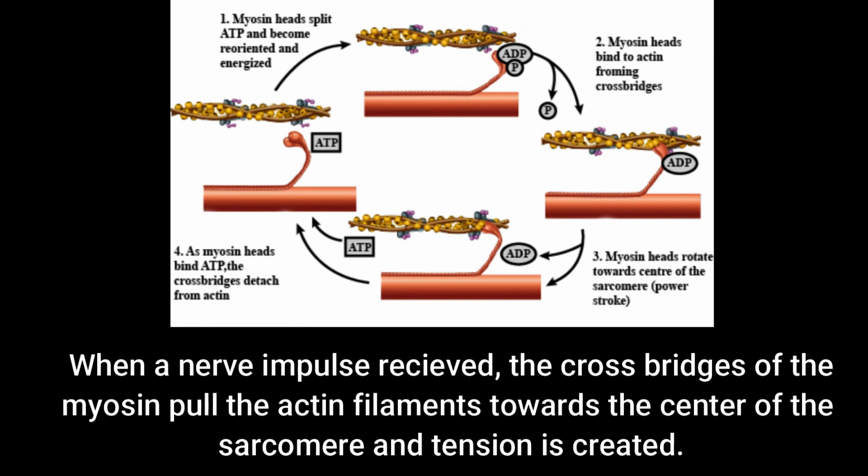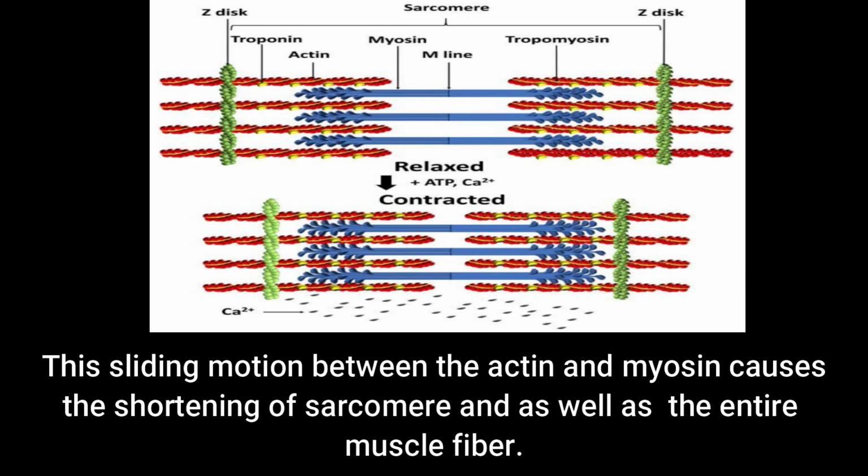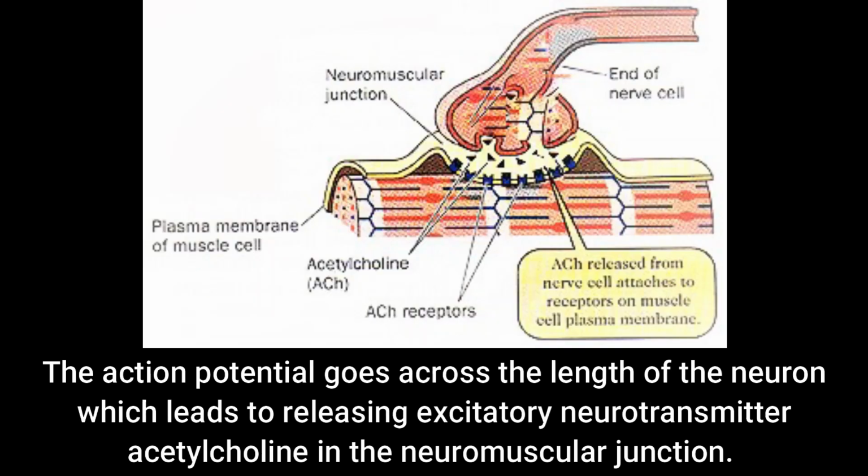When a nerve impulse is received, the cross bridges of the myosin pull the actin filaments towards the center of the sarcomere and tension is created. The sliding motion between the actin and myosin causes the shortening of the sarcomere as well as the entire muscle fiber. The action potential goes across the length of the neuron, which leads to the release of the excitatory neurotransmitter acetylcholine